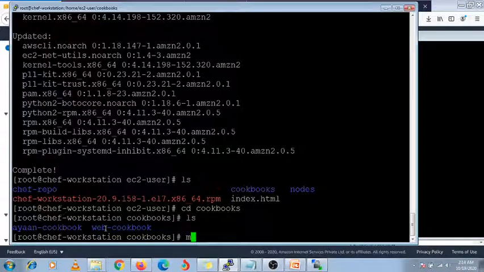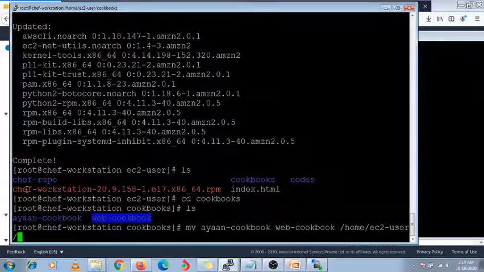So just move the Ayan cookbook and your web cookbook, and where you want to move it: under /home/ec2-user/chef-repo/cookbooks. So here I am going to move these two cookbooks directly.